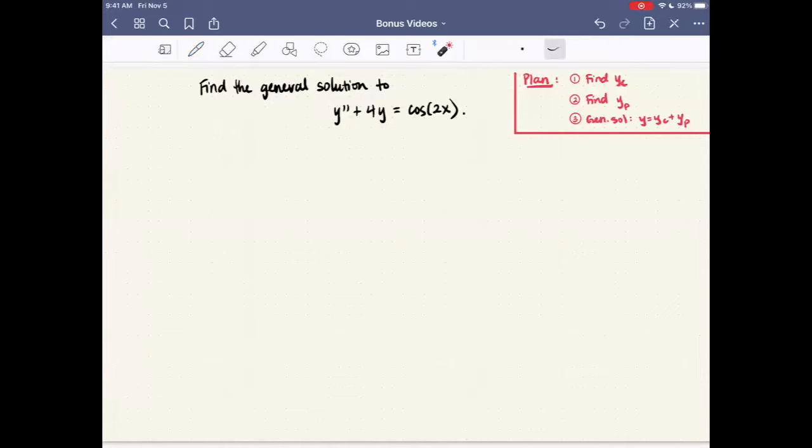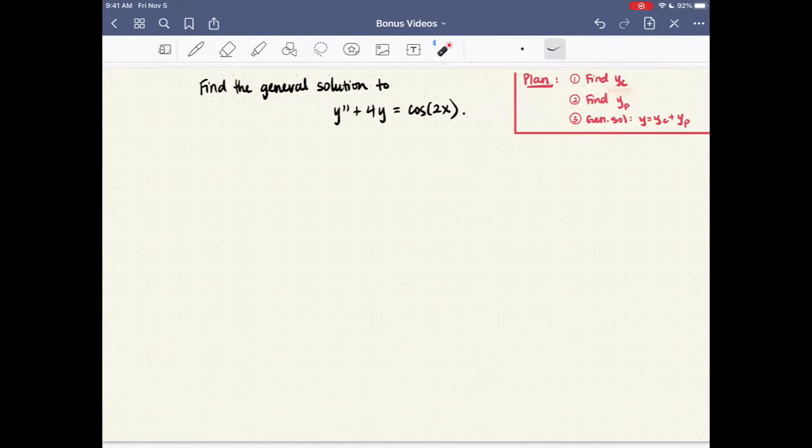In this bonus video, we're going to find the general solution to a linear differential equation with an inhomogeneous term on the right-hand side. And this one's going to be a little bit more complicated than some of the other examples I've done. All right, our plan for finding the solution is to first find the complementary function,